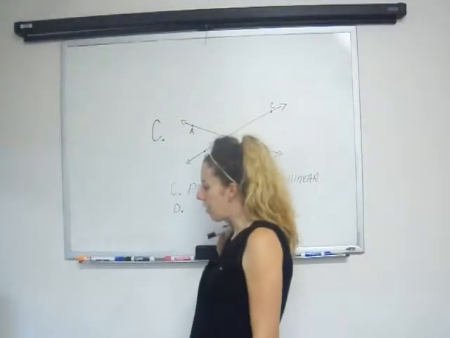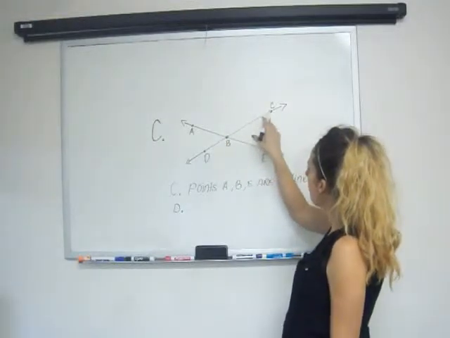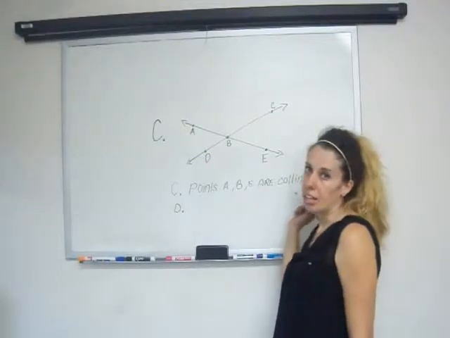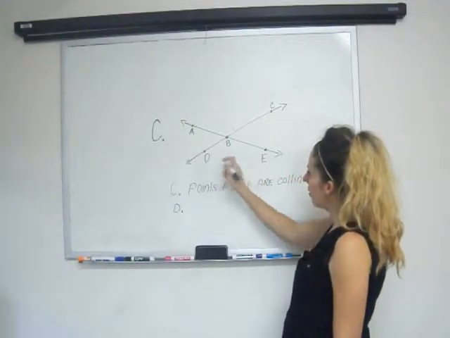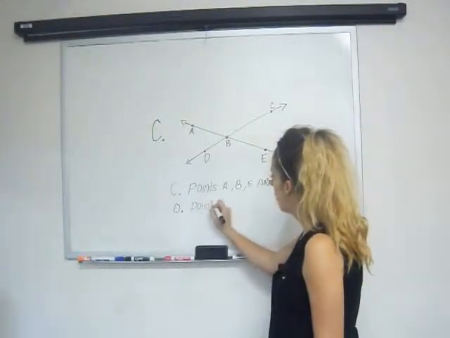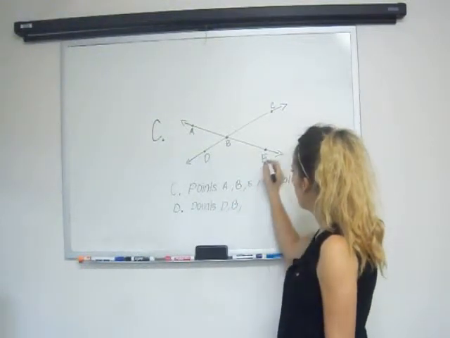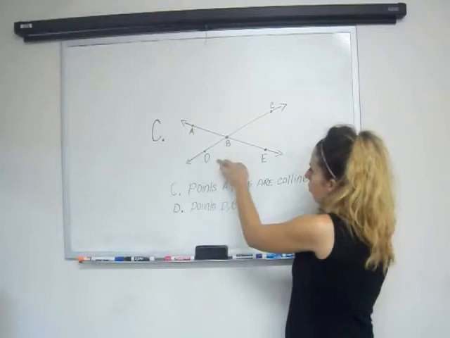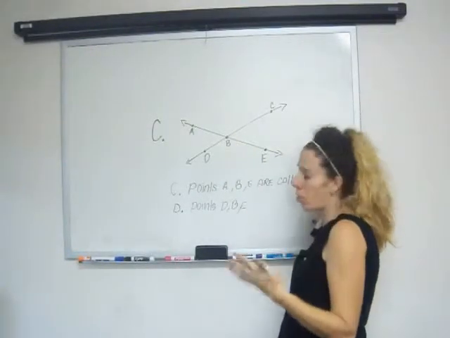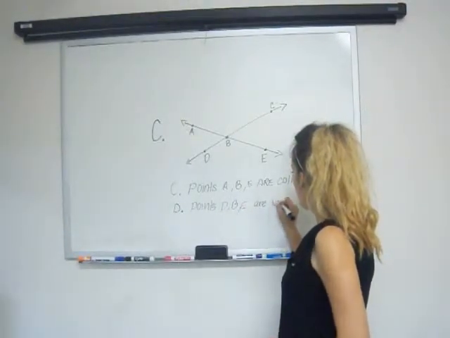And 3 points that they gave us already that are not on the same line are A, B, and C, because C is not on the same line as A and B. So I'm going to go ahead and say that 3 points that are not collinear are points D, B, and E. Although D and B are on the same line, they do not lie on the same line as E, so they're non-collinear. So points D, B, and E are